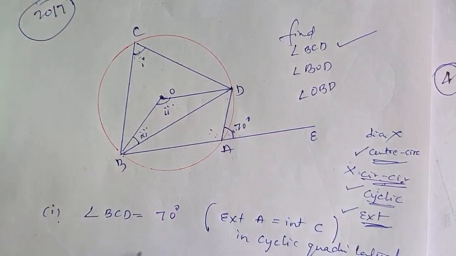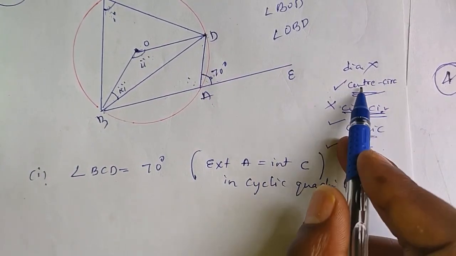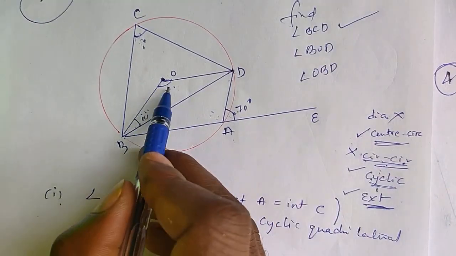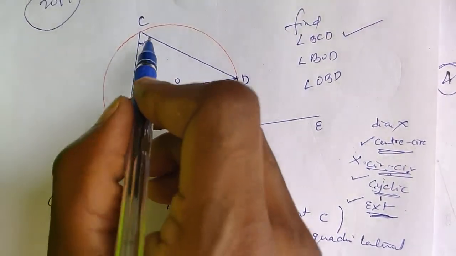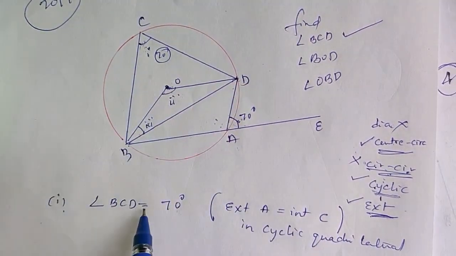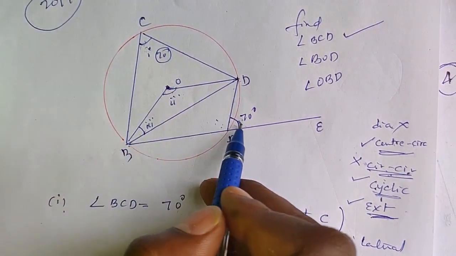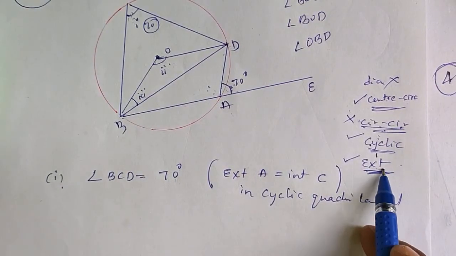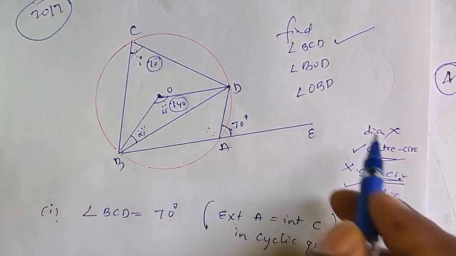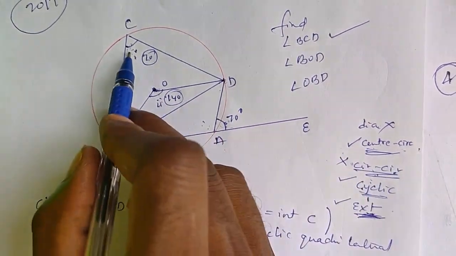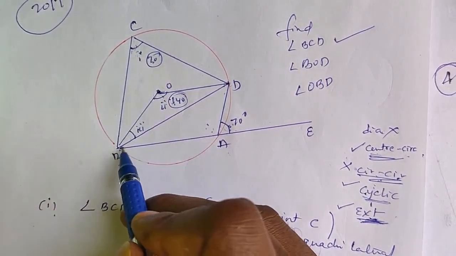Next, second one, BOD. So this theorem is used. Now, which are the other 2 theorems left? Center and circumference. Look, center is double of circumference. Just now we got circumference 70 degrees. After getting an angle, better you mark it on the diagram. Then we'll get a link. This 70 degrees goes here by exterior angle theorem. Next, this 70 degrees comes here as 140, because just now we told center and circumference are double and half. Now here circumference is 70, center is 140, because both the angles are standing on BD.